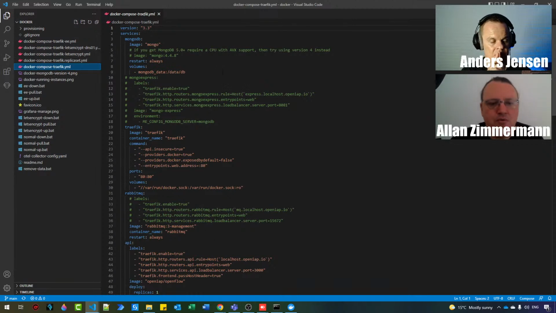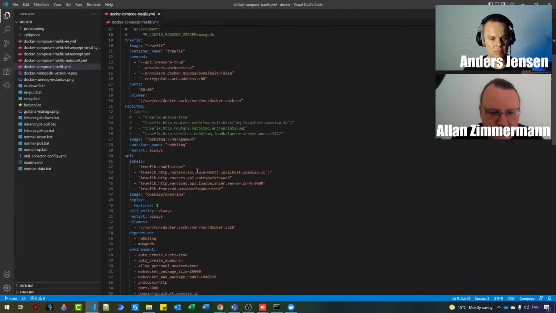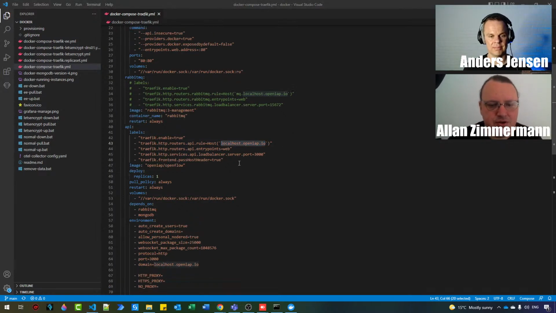It contains only the bare minimum you will need to get up and running. And what you will notice is that inside here, there are some labels attached to some of the instances that can be exposed on some port. And here, for instance, you can see this is where the API is, and you can see that all of them are prefixed with